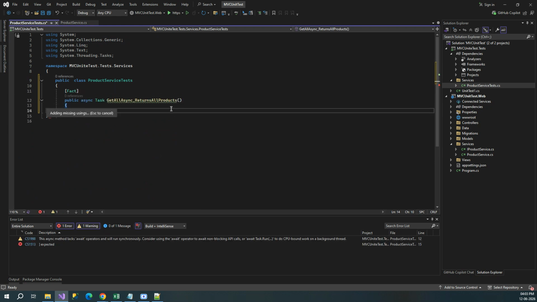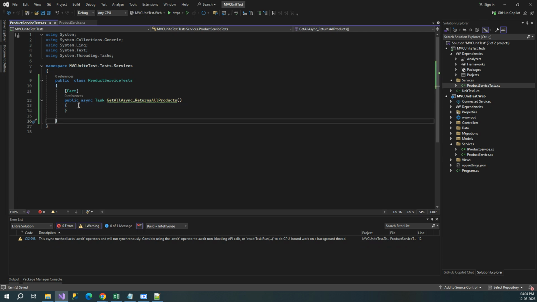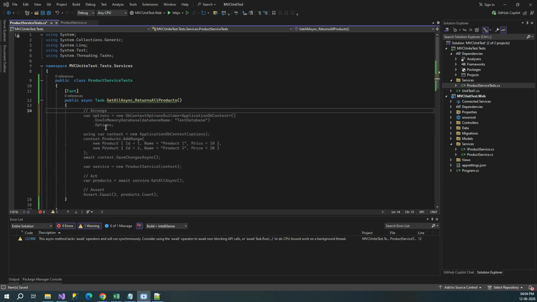Okay. Actually, let me save this. Okay. So what we are going to do, see, it is also suggesting me, excellent, but I'm not gonna use it. I'll have the code piece by piece, and then we can go ahead, right? So first method we wanna have a unit test case for is the get all async method, that returns all